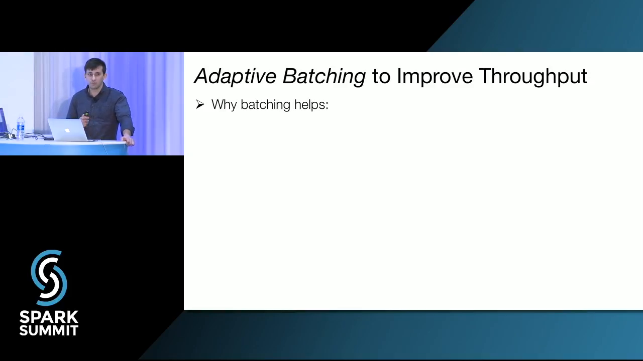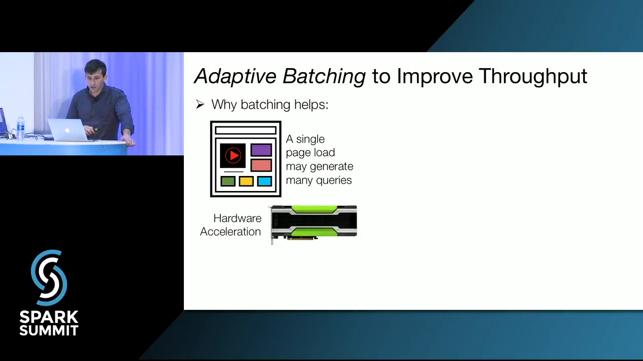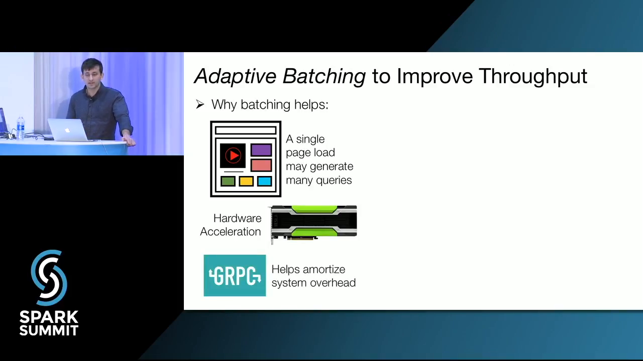So why does batching help? I'm going to list a bunch of really unsurprising reasons. One is that often your queries actually arrive in batches. A single user click might generate a whole set of prediction queries that need to be evaluated. A lot of these models are built to use hardware acceleration, things like GPUs or BLAS or vectorized instructions. And then it also helps amortize some of these system overheads that are inherent in using an RPC system. Now, we're able to pretty much amortize those away, but that is an overhead that we needed to deal with